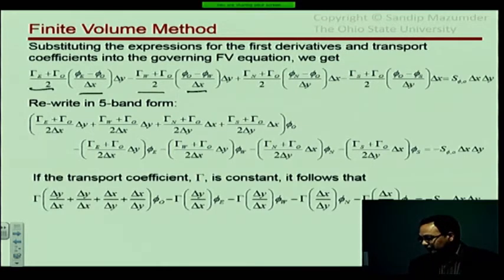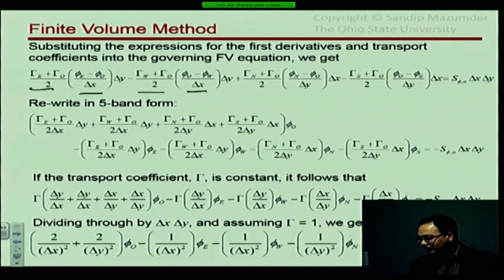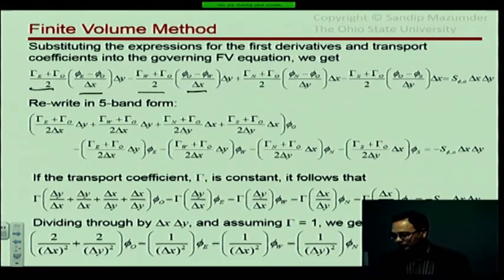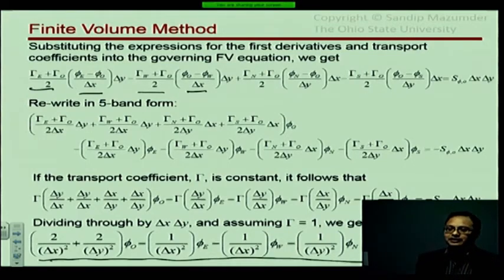If you assemble all the terms nicely, then this is what you get. And here is what happens when you assume that gamma is equal to 1 and delta x is equal to delta y. Well, delta x equal to delta y you don't have to assume, but gamma equal to 1. When you do that, this is what you get. Now what is that? That is the finite difference equation that we had derived maybe 15 lectures ago